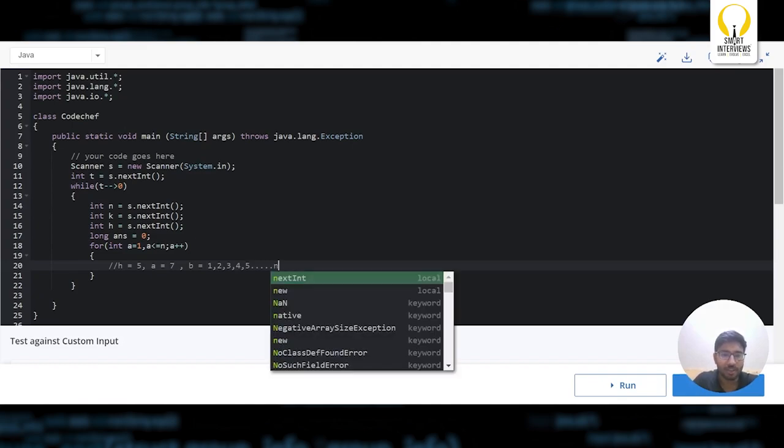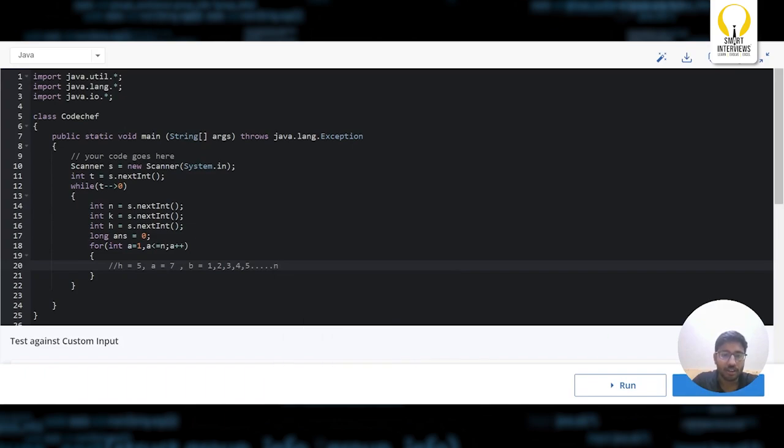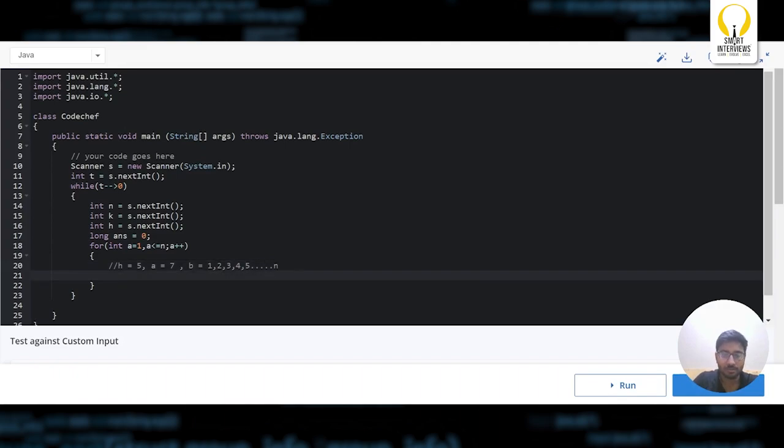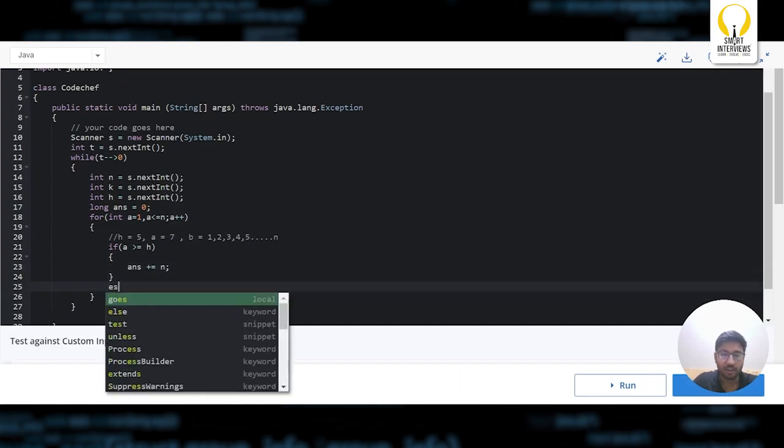So I can say with A equal to 7, I have 7 values of B, right? So when A is greater than or equal to the height, I can say my answer is equal to answer plus the number of values of B, which is n. Else,